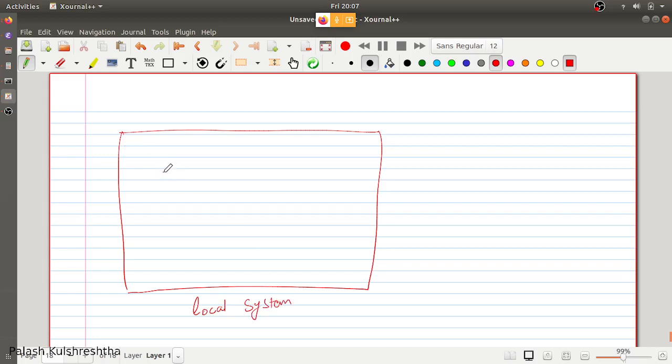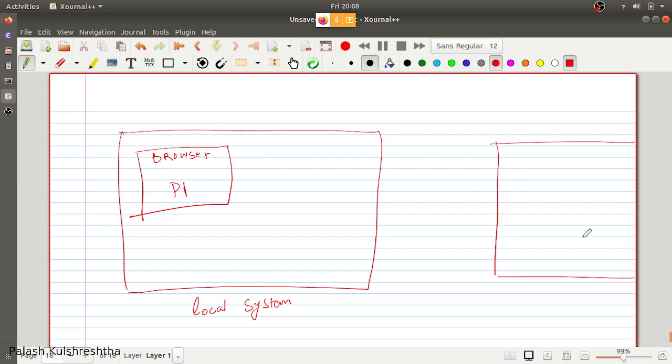In this system, I have a browser process, whose process ID is P1. This is interacting with google.com on port 443, the standard HTTPS port.